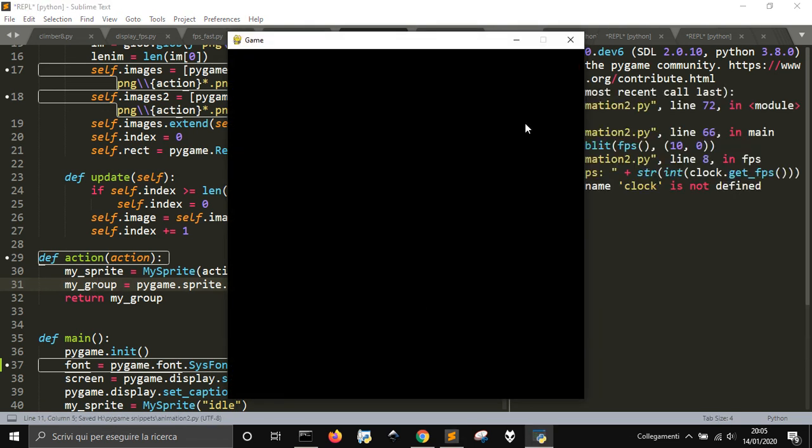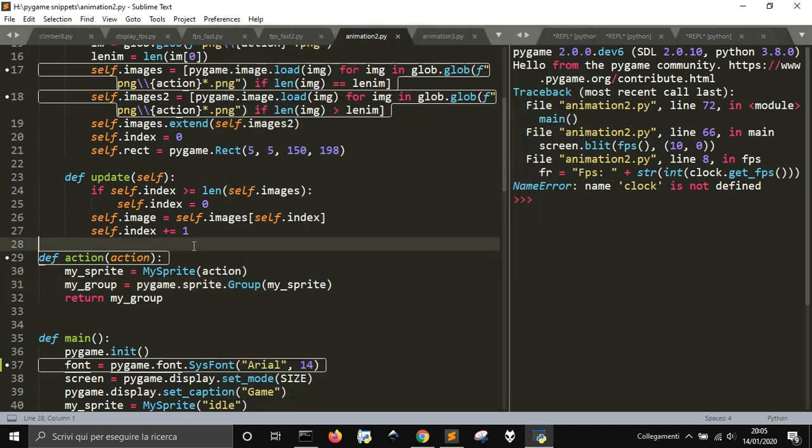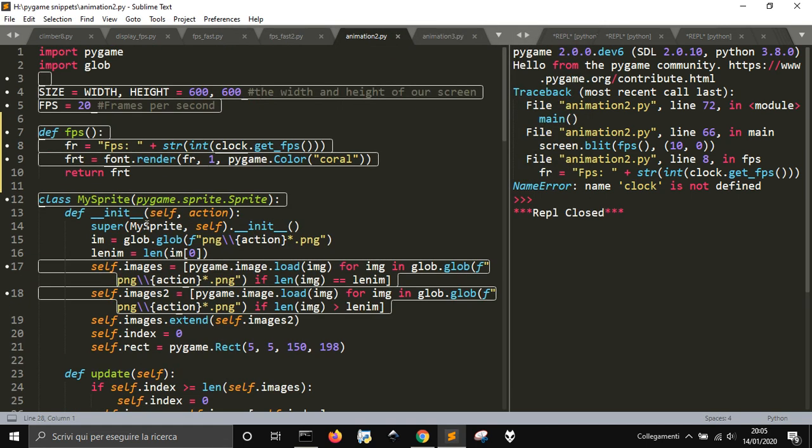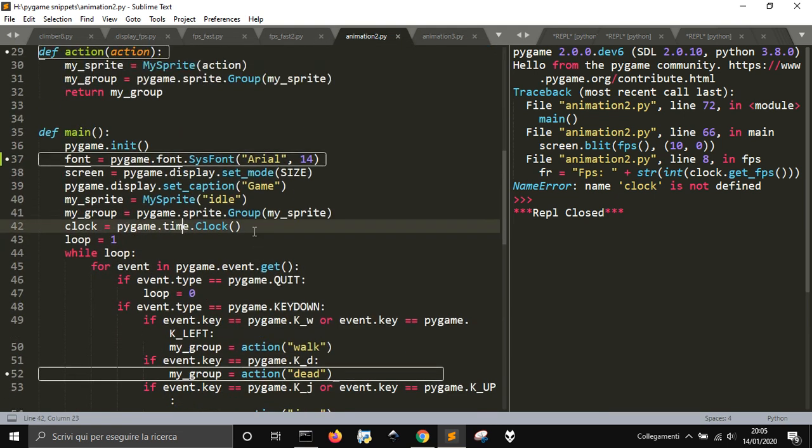Maybe it won't work because now the name clock is not defined, and let me see. Okay, I don't have the clock. No, I got clock here,